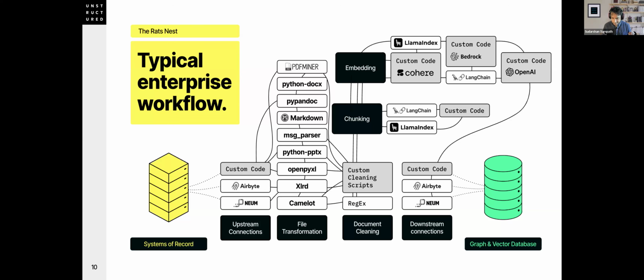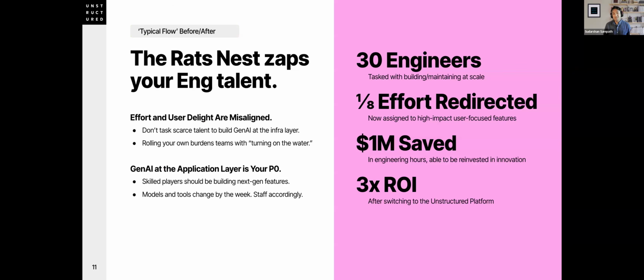And what companies are doing is they're doing this piecemeal, right? They didn't know that they needed file transformation. They didn't know that they needed chunking. They didn't know that they needed document cleaning. They didn't know that embeddings were incredibly important. And so you start building each of these pieces in isolation, right? Each one of these verticals are being built in isolation, and it creates a lot of noise and a lot of engineering overhead, and none of this has to do with the core value prop, which is I'm trying to build an application for my customers, and you're spending all this effort in getting your data there. You haven't even gotten to the foundation, and we're trying to help build that foundation with you. So this rat's nest zaps your engineering talent.